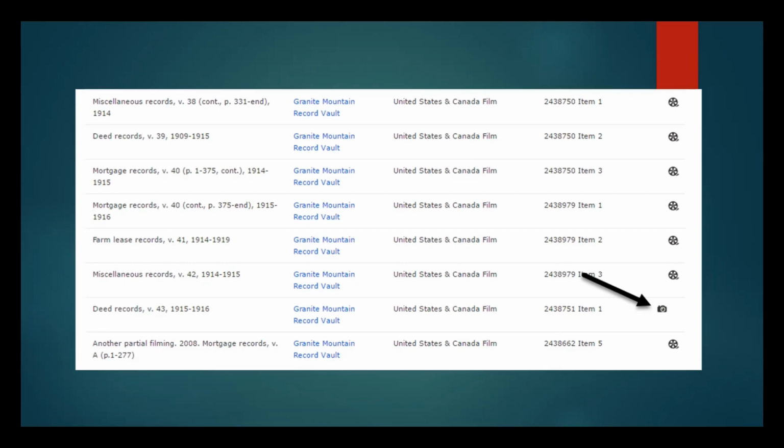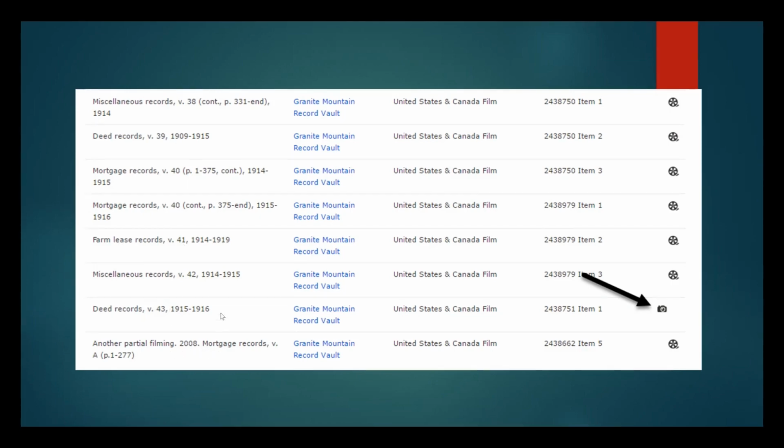I need to see if I can find a good description of what I need to call the county clerk and say, what do you guys put in miscellaneous records? That would be good to know. There's deed records, mortgage records. They keep a separate book if your guy got a mortgage on his property. Farm lease records. Even if your guy never owned land, he maybe leased some land. And back in the day, they used to always file leases. Now, not as much, but I actually found some farm lease records from my grandfather in Ottawa County, not thinking that that would be an option.